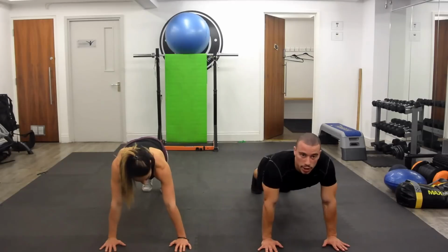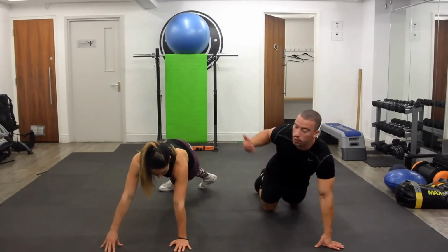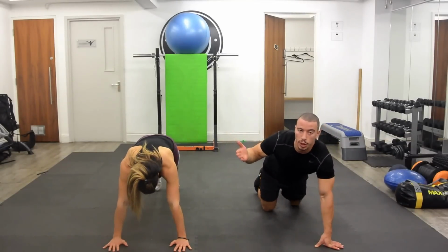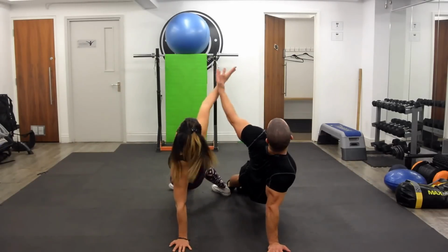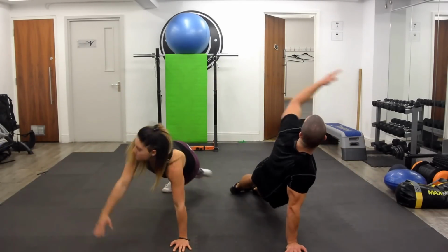And what's going to happen is you're going to side plank to one side so that both of your backs end up facing each other at the top of the side plank. So it's going to look something like this. So, and back, good, and up, good,